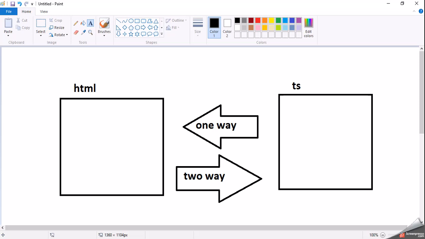Mostly we have one-way data binding, from the TS file to the HTML file. In two-way binding, we can get the value from HTML to TS and TS to HTML.